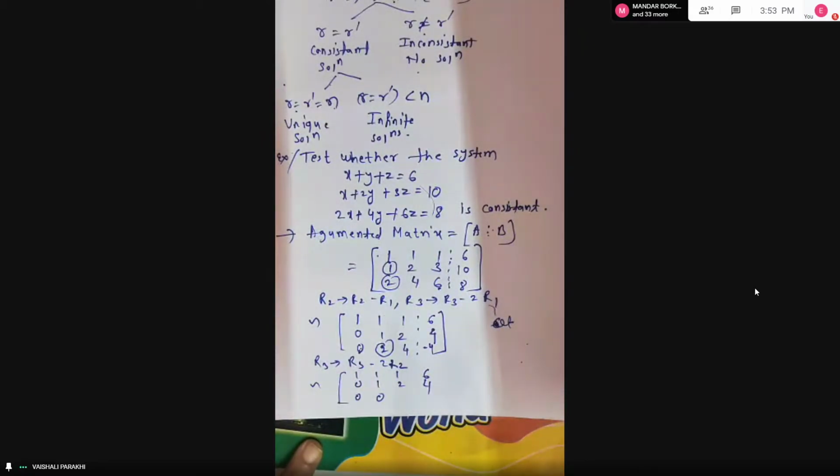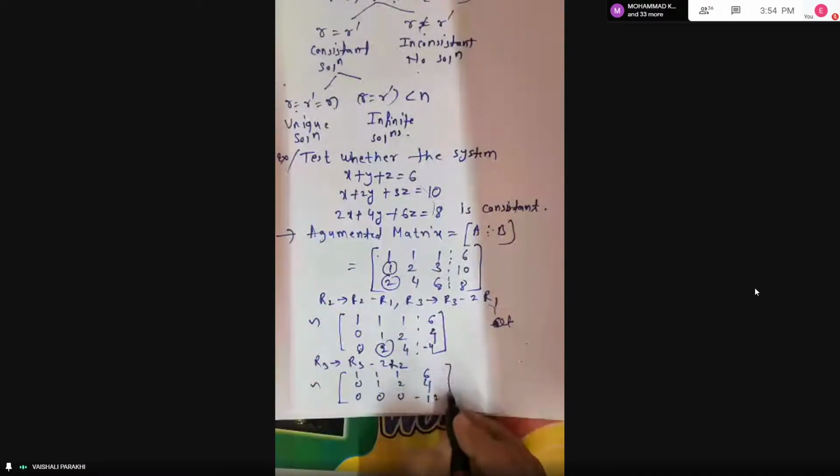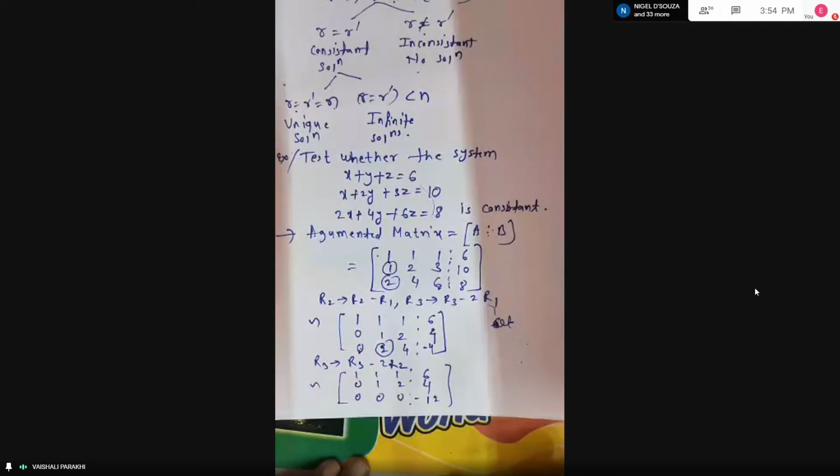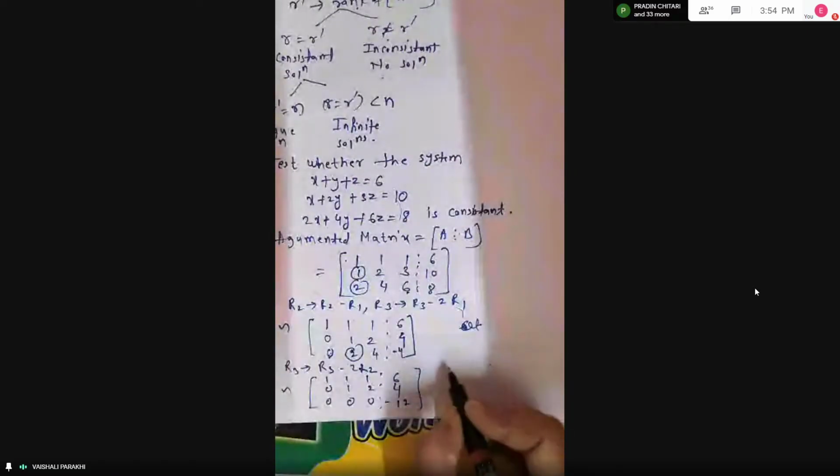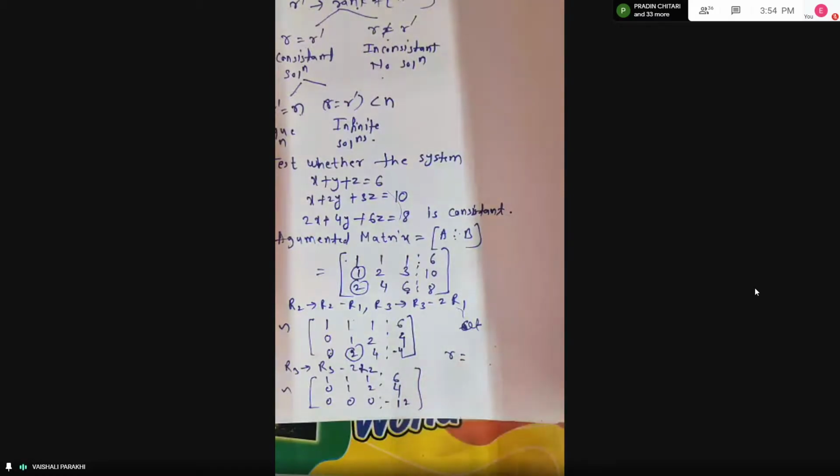Fazila, can you tell me remaining two elements? Yes, ma'am. 0 and minus 12. 0 and minus 12, very good. 0 and minus 12, correct. And this is our partition here. Okay. And is it echelon form now, Rishikesh? Yes, ma'am. And can you tell me what is R and what is R dash here? Rishikesh? What will be R here?